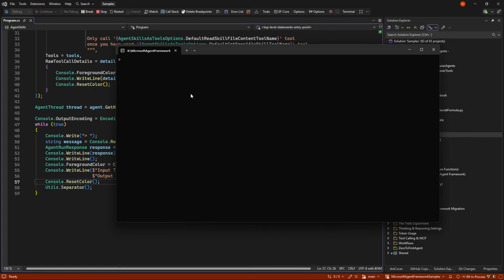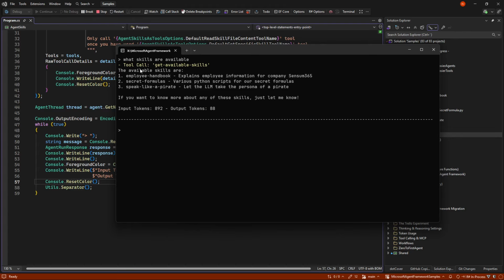So if we go in and say, what skills are available? It will call a tool to get available skills, and it will get back that it has the 3 skills. And then we can, of course, use these skills. So let's start by trying to use the pirate. So I can just say enter pirate mode.